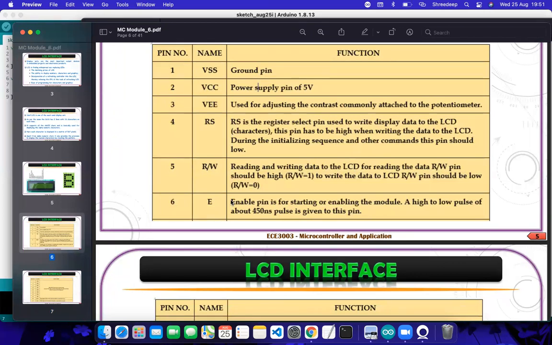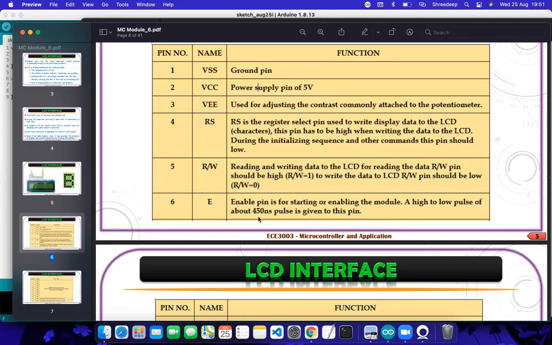The enable pin is something that actually acts like a strobe signal. What is a strobe? A strobe is basically a signal which is normally low, goes high, and stays high momentarily. It stays high for a very short amount of time, then goes low again. So it's like a short rectangular pulse. It is basically low, suddenly comes to a high level, stays high for a very small amount of time, and again comes down to 0 level. So this is how a strobe comes. We need that type of signal. That is an enable pin.